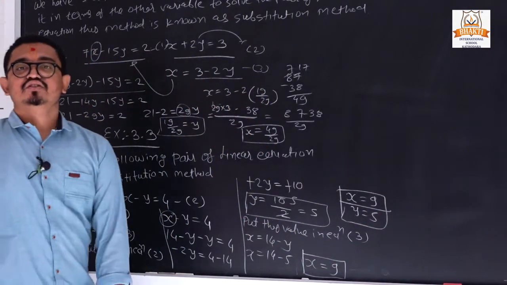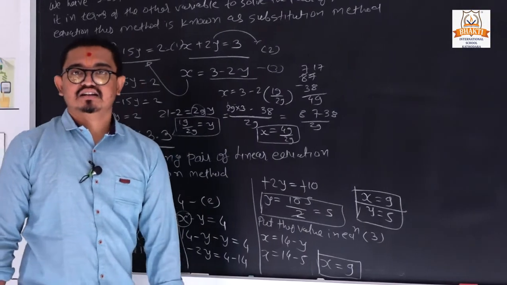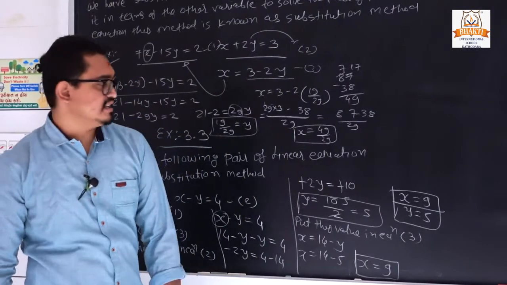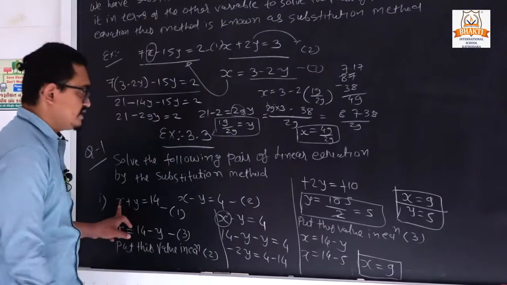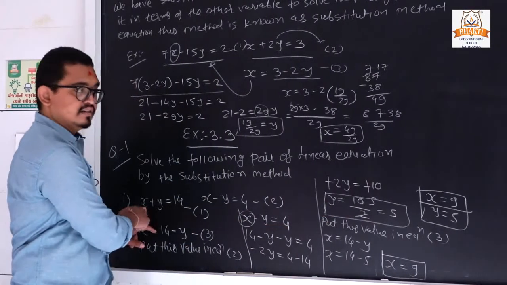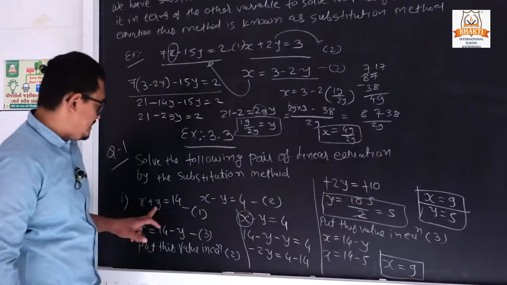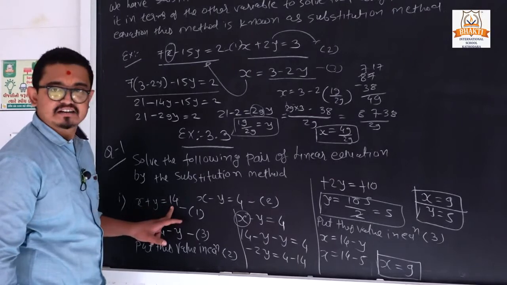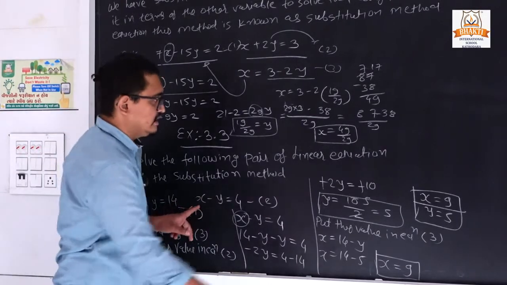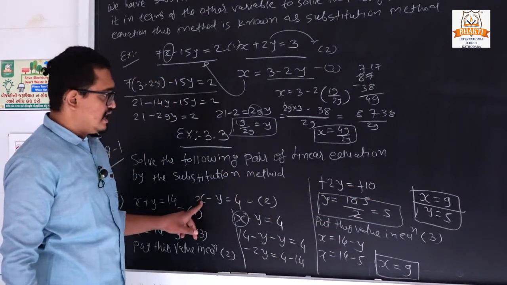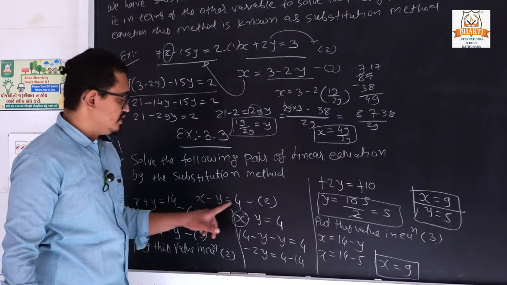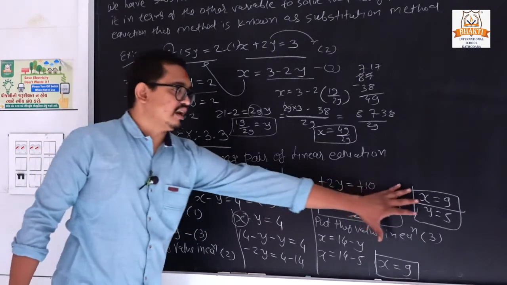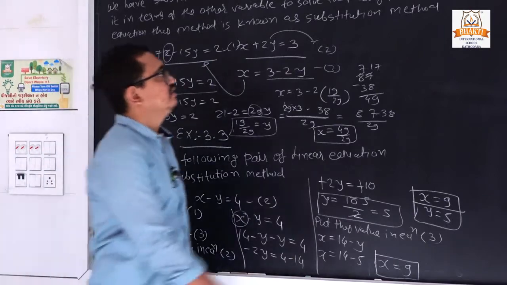Now suppose you want to check your answer, clear? We can verify that answer. How? Suppose what is the value of x? It is 9. And what is the value of y? It is 5. So 9 plus 5, it is 14. Or x minus y, suppose x is 9. So 9 minus 5, so it is 4. So our answer is right. Now next,